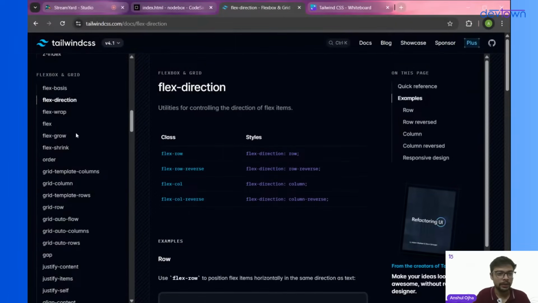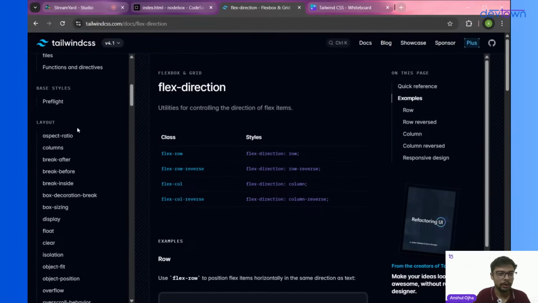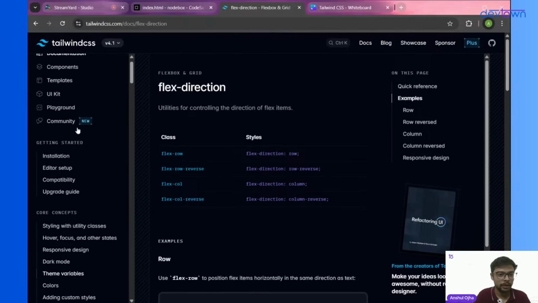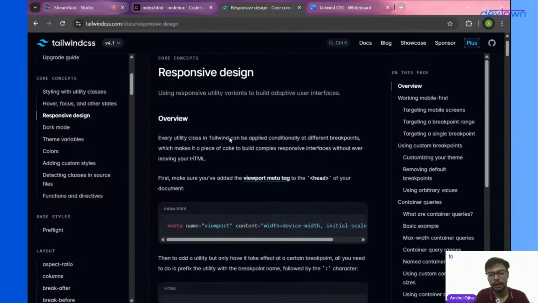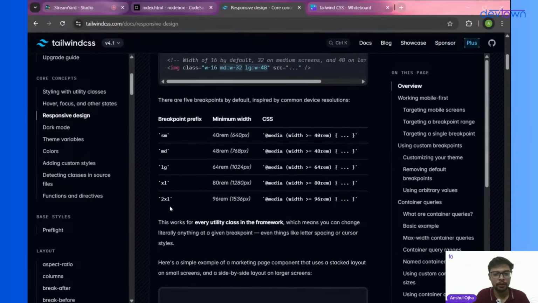Now, let's find responsive design in our docs. Responsive design, core concepts. If I move down, you will have all these options. These are the window sizes that we have. A small size window is 40rem, or 640 pixels. Then we have medium, large, XL, and 2XL. So if you know that a certain design will overflow on a medium size window or on a small size window,